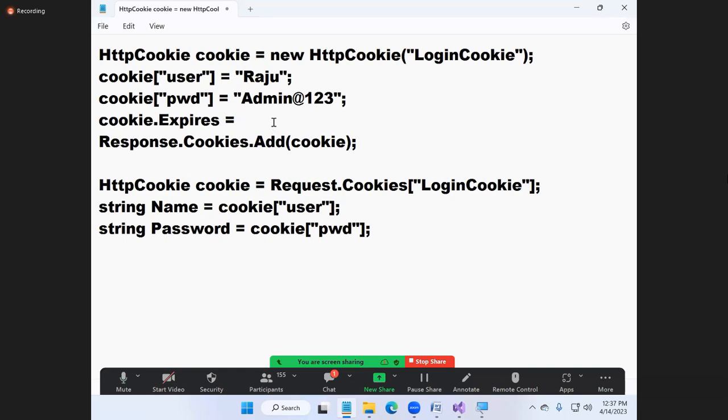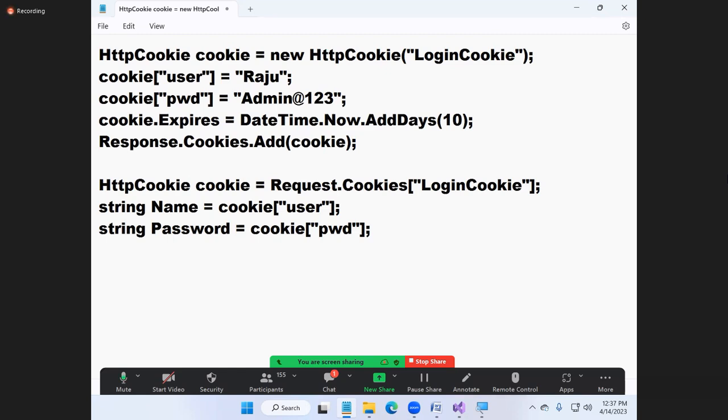So what do you need to give? You need to give some date time value. I'm giving DateTime.Now.AddDays, for 10 days. I want the cookie to be stored there for 10 days, so I'm giving a date 10 days from now. But even though you say 10 days here, if you clear the browser history, cookies are destroyed. Are you clear or not?